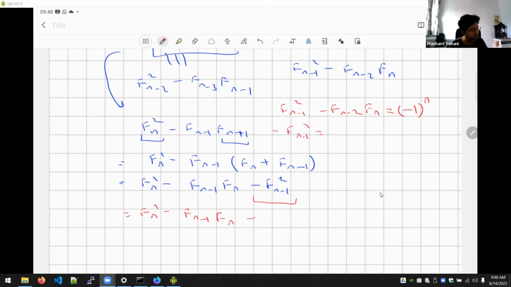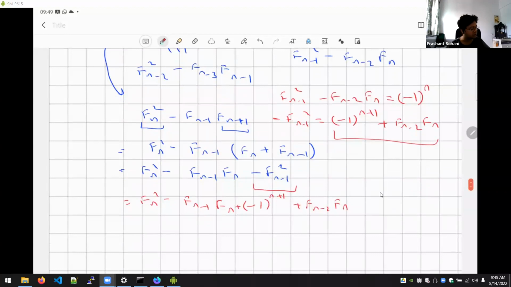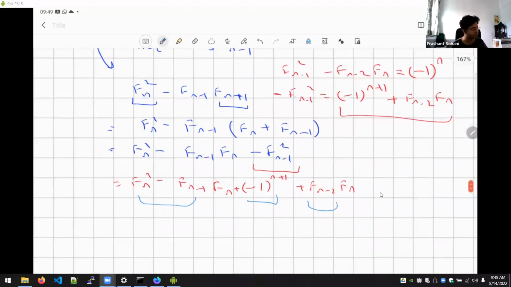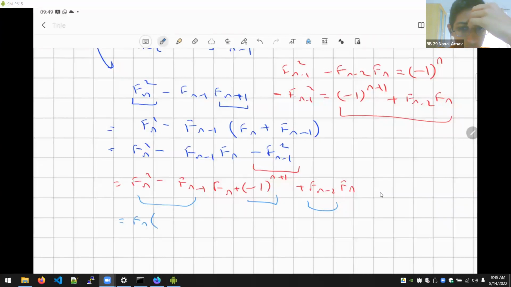So minus Fn minus 1 square is nothing but, okay, so minus Fn minus 1 square can be replaced by this. So you have got the answer here now actually. If everything has cancelled out, we are done. So we just need to check that all of these things cancel out. And do you see that it's already happening? Because Fn is common in everything. So surprisingly, without expanding Fn square, you are getting the answer.